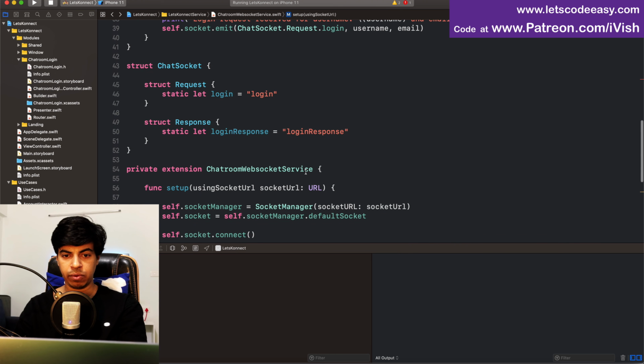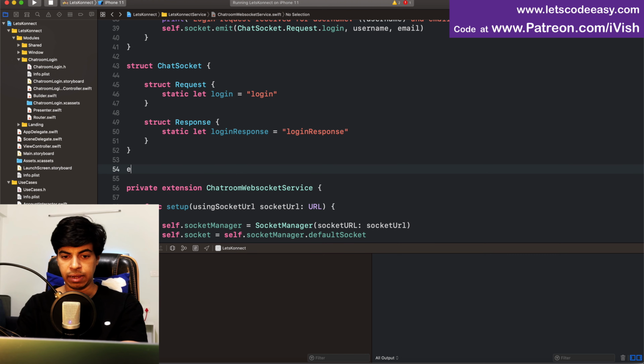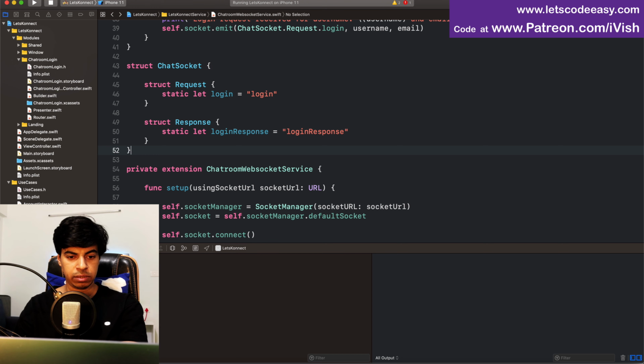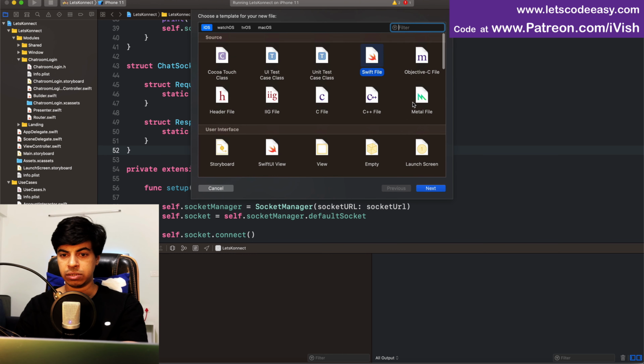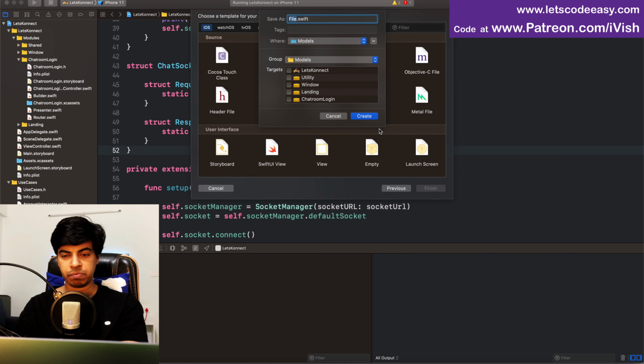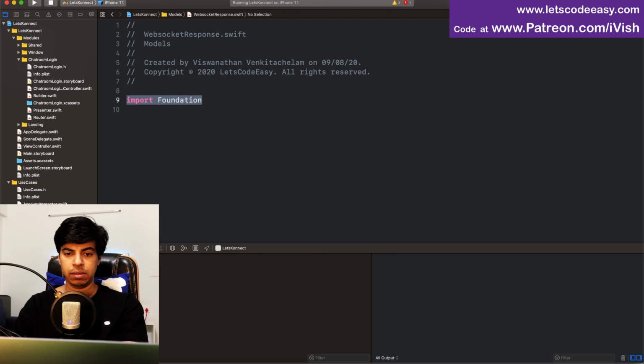So I'm going to define one more enum. I think it's better that I define it within models so that it's accessible for everyone. New file, WebSocket response. I can maybe call it WebSocket response. Enum WebSocket response,